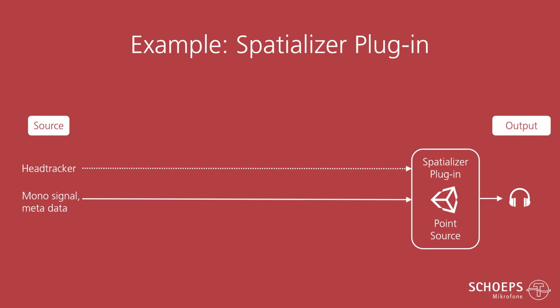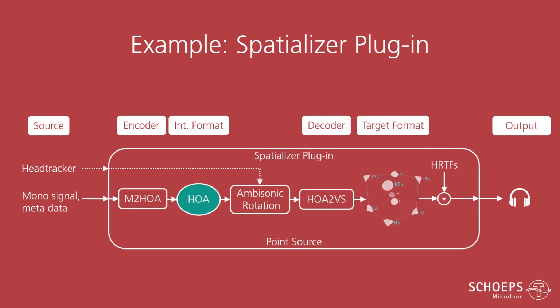So I already told you that the virtual speakers are almost everywhere there's Ambisonics. I can now tell you that it is definitely everywhere, because the Spatializer plugins internally use both most of the time. I don't know it because it's a proprietary system, but in theory, it would work like this. You would have on the left side the source, which is a mono signal, like from our virtual speakers, as I stated before, and the metadata, which is the angles in our case. And then you also have the real-time head tracker data. This goes into the Spatializer plugin,